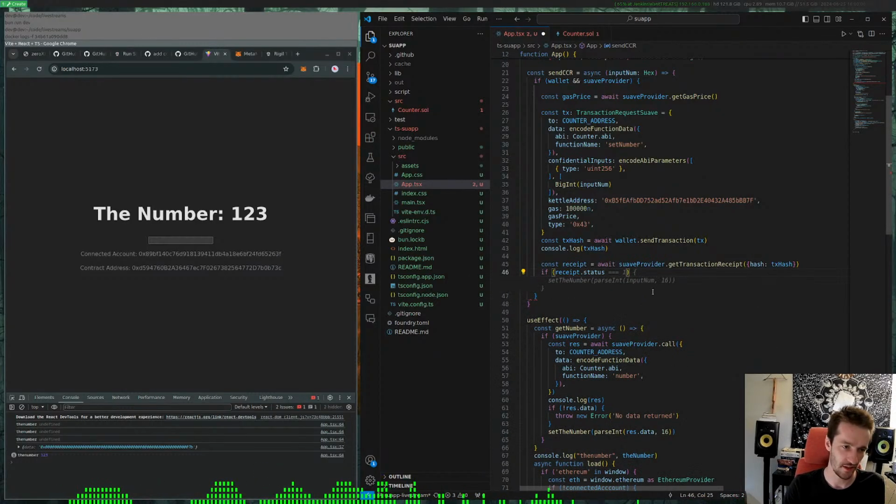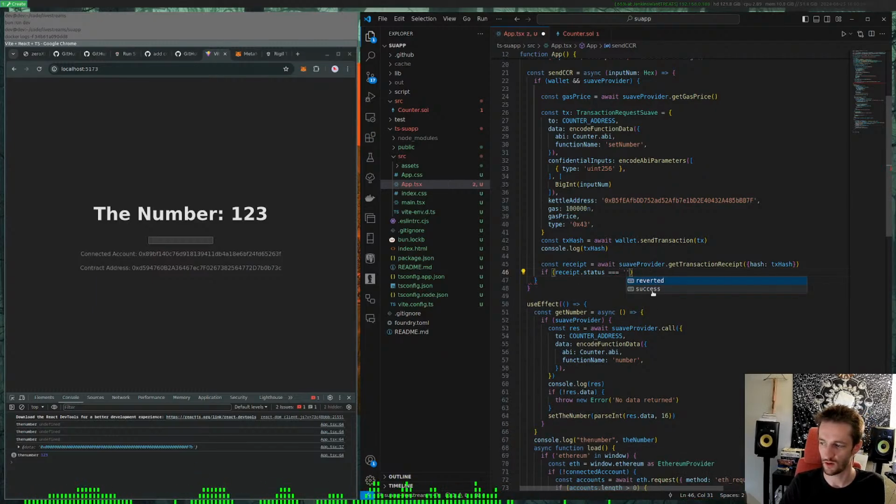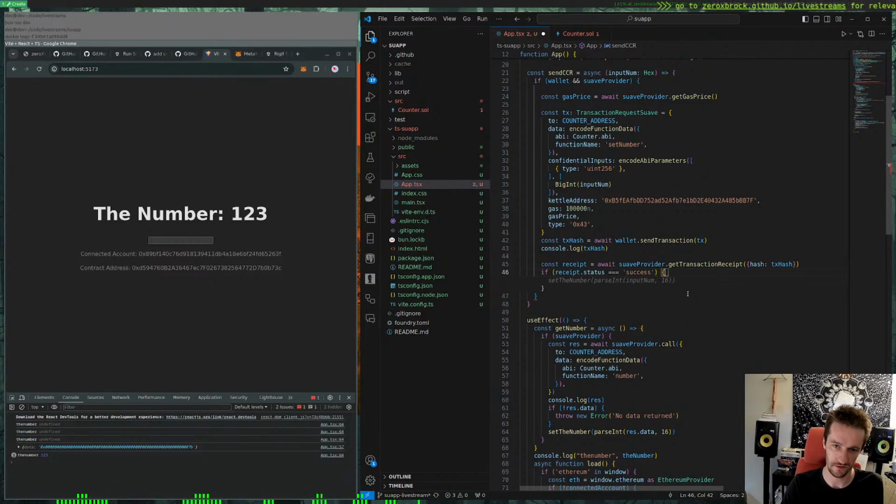The receipt status is either going to be, in the raw form, 1 or 0, but in SUAVE VM it's reverted or success as a string. So let's say if it's reverted, let's just throw an error. Actually no, I like the affirmative. Success. If we're successful,